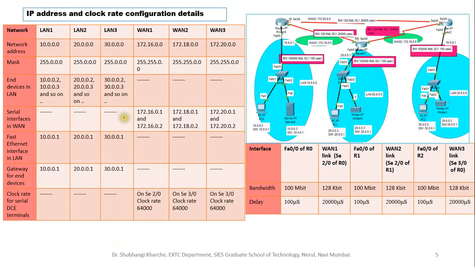Now you can note down the IP address configuration details and the clock rate configuration details on the interfaces of the routers, and the bandwidths and delay available on the links. But you can change the bandwidth and delay on the link. You can set the bandwidth with the bandwidth command. You go on the particular interface of the router and set the bandwidth using the bandwidth command, specifying a number like 128 or whatever you want. It can be 256 also. No need to specify the unit. Bandwidth 128 will set the bandwidth to 128 KB, and the command to set the delay is delay 10.